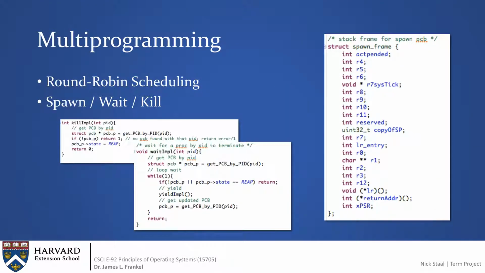So for multi-programming, I used a simple round-robin scheduler. There were the common functions for multi-programming like spawn, wait, and kill. For spawn, there was a stack frame struct that was used during initialization where all the individual values could be put in there for when the scheduler caused the new